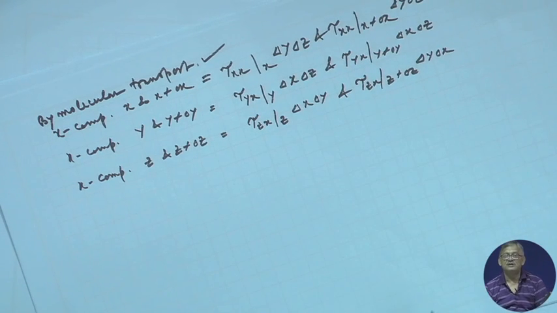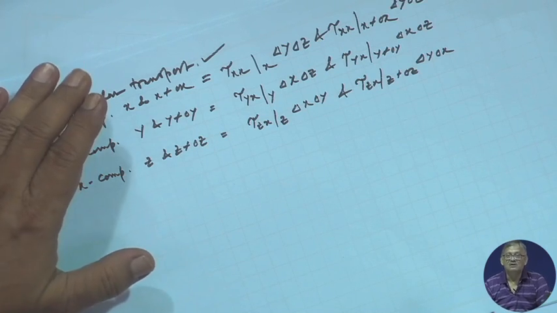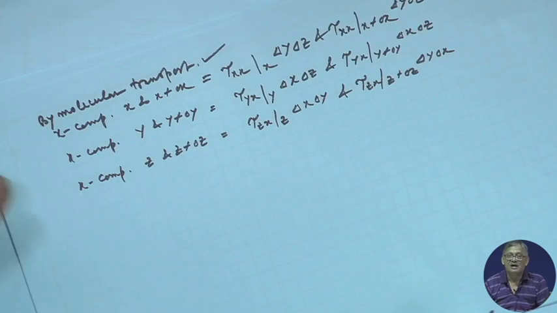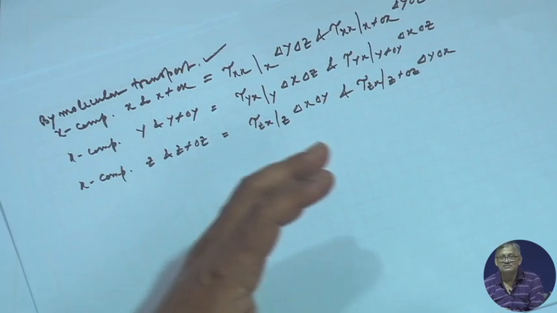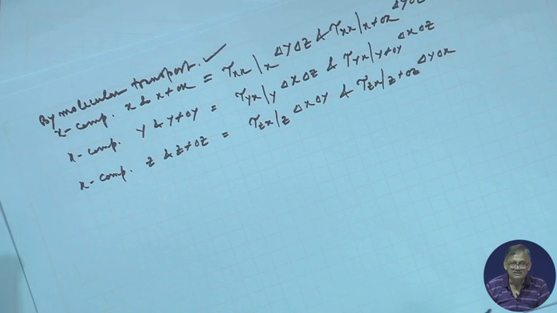So, if we see this, we have taken both the molecular transport as well as the bulk transport, the total components of the x component, or rather the total molecular momentum transport for the x component of the momentum in all the three directions x, y and z,